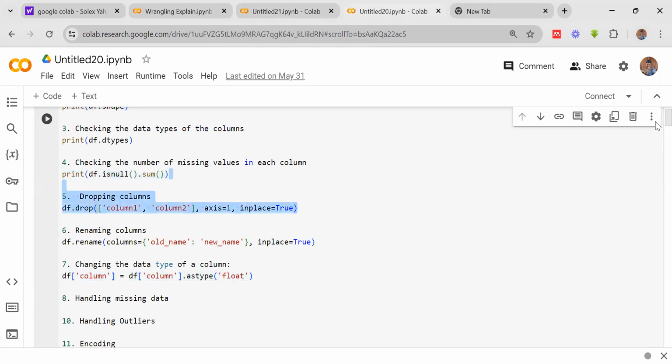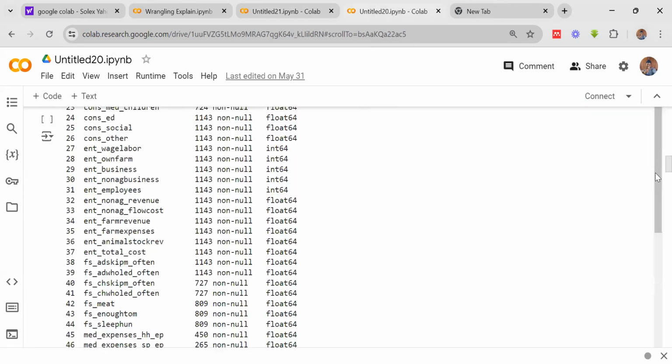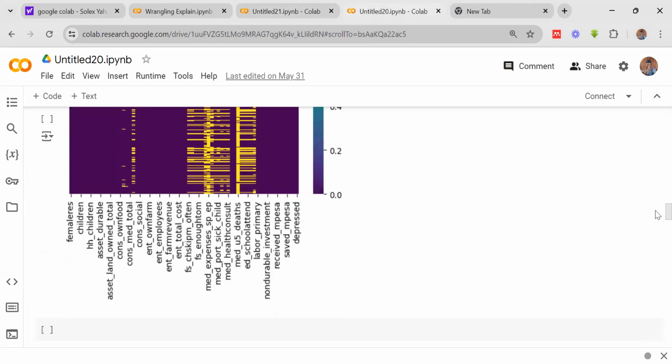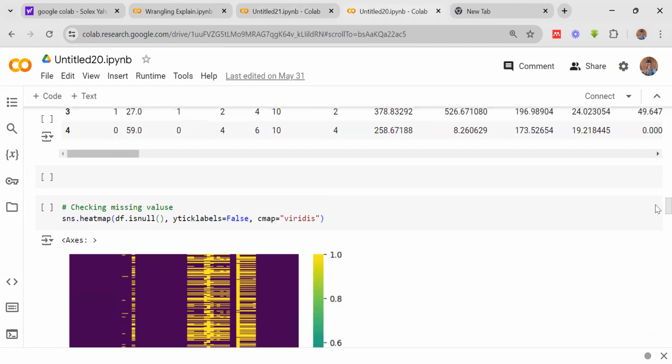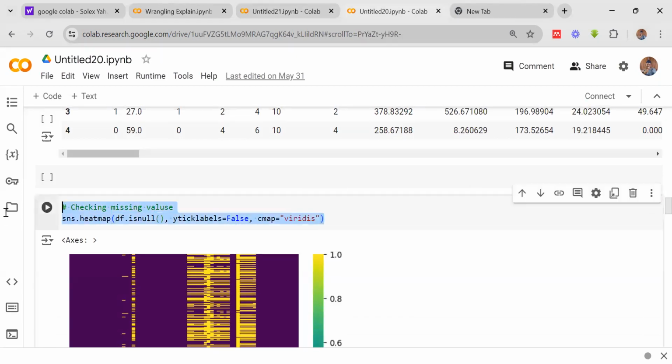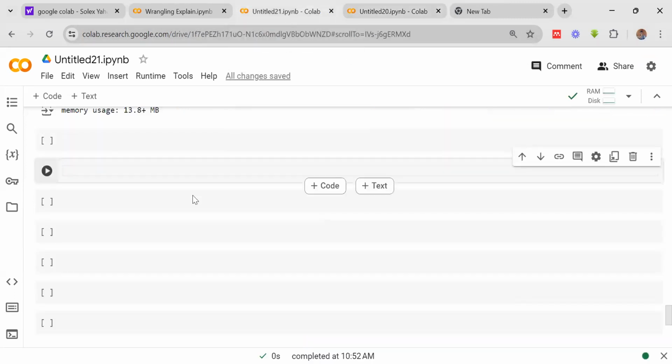Let me go to where we actually run the NA. We can check if we have NA through using this heat map. So if I copy and run this heat map, it's going to check our NA for us in a graphical manner. So if I run this,